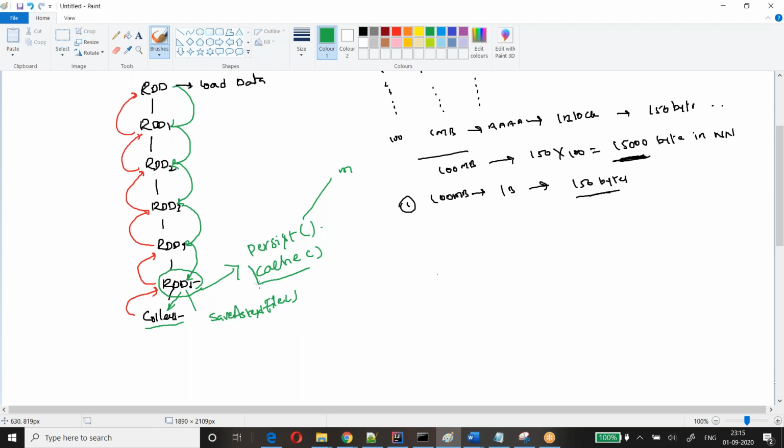So only one computation happens for returning the results as well as storing the information. It will return the data and also store the information in cache. That's what we have seen with persist and cache.